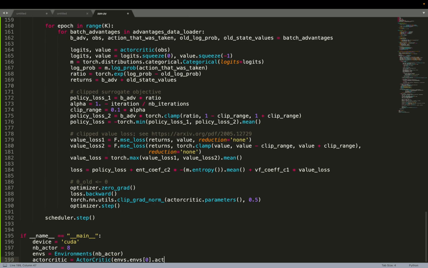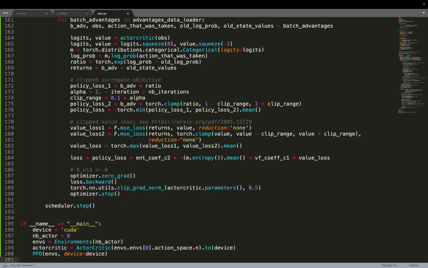So now that we've done all that, we can finally put everything together, and now that's very easy. We just set the number of vectors, for example 8 by default. We create 8 environments by using the class environment, and then we create the model, the actor critic model, our neural network, and we feed that to the